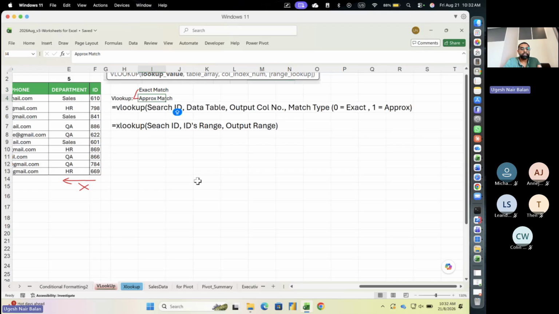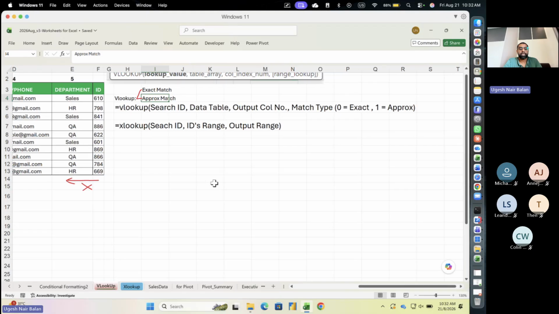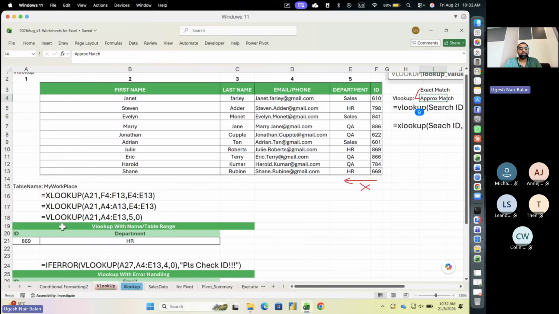Okay, so all these answers are exact match answers. VLOOKUP, search ID, at the end got exact match. So you see, these are all exact match. VLOOKUP, because 0 is exact match. Here, Xlookup is an exact match. Default is exact match. How to use approximate match? So for that,